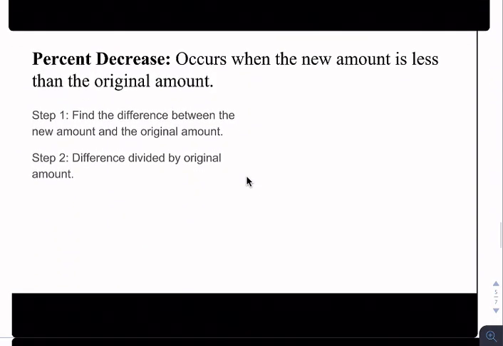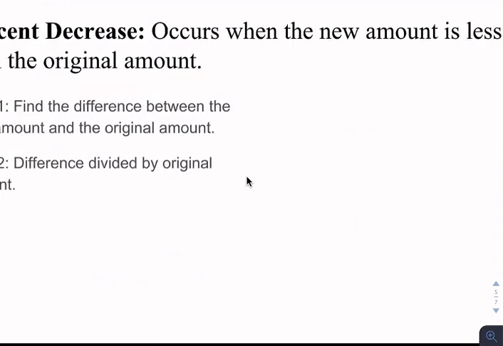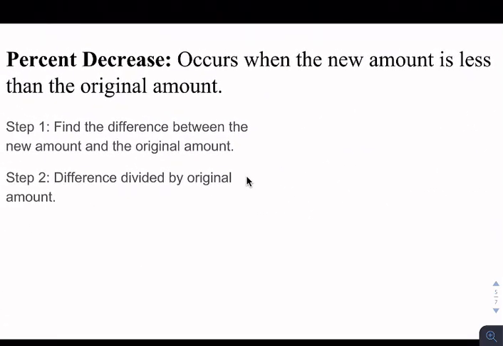All right. So now the opposite is percent decrease, and percent decrease occurs when the new amount is less than the original amount. So, first of all, we find the difference. Okay, so let's think about it the opposite way. We'll take our milk example again. So on day 1, the milk costs $2 per gallon